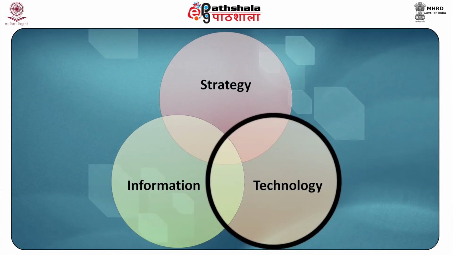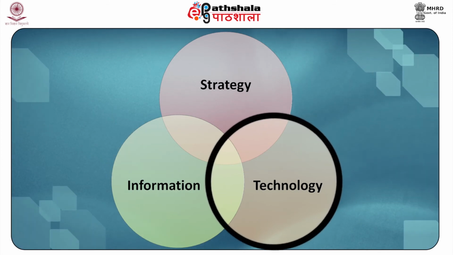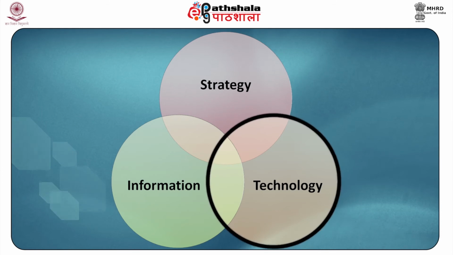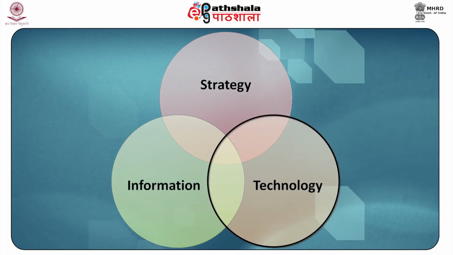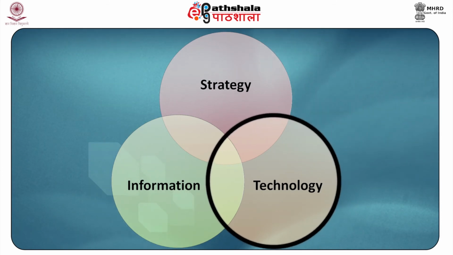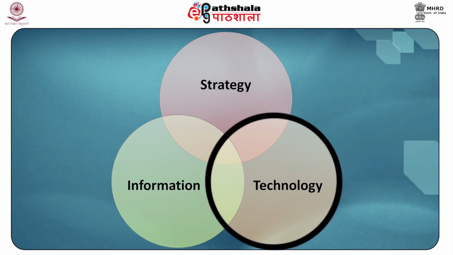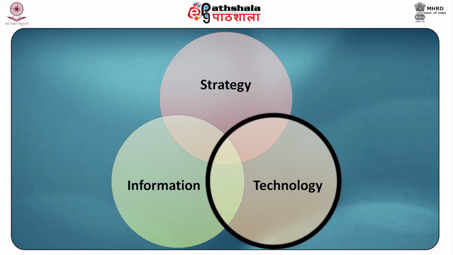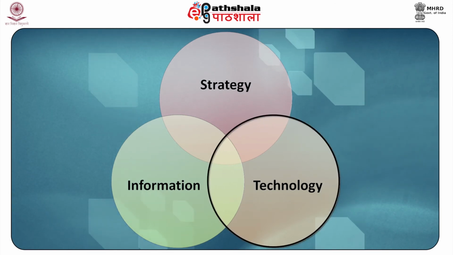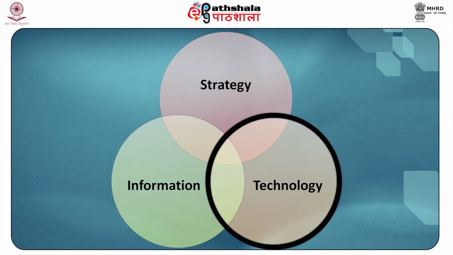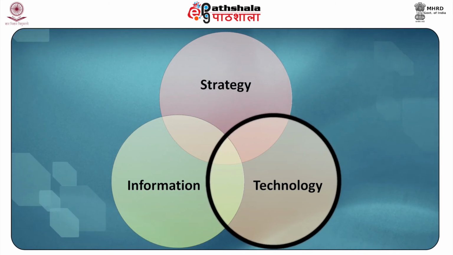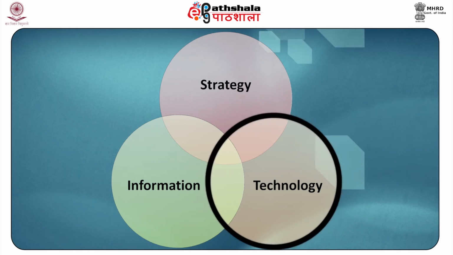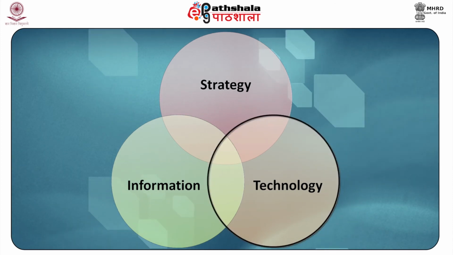The next factor which affects the organizational structure is technology. The kind of technology used has a direct impact on the choice of organization structure. Different technologies generate varying degrees of interdependence on departments and employees working in those departments. By technological interdependence, we mean the degree of coordination which is required between employees and the various departments to transform raw material into finished goods and services.